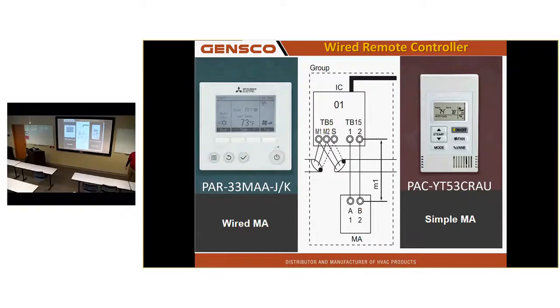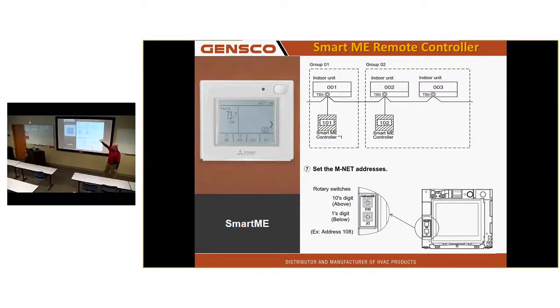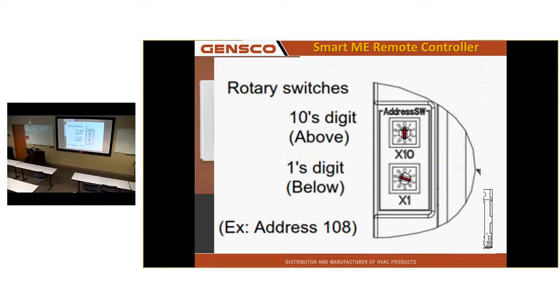Can the MA stats control 2? MA stats can control up to 2. So they wire to a different set of terminals. If you guys remember, or did you see, that this one does not tie to the thermostat terminals, it ties to the same connection for the MNet. It's on the MNet and communicating with the outdoor unit. In the MA type stats,